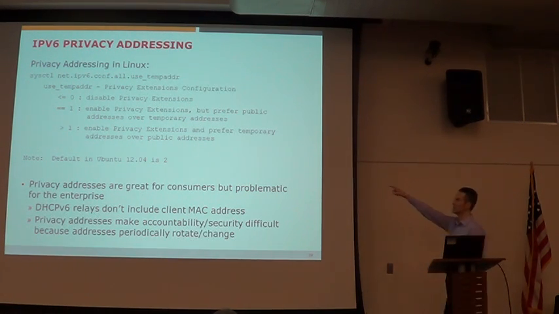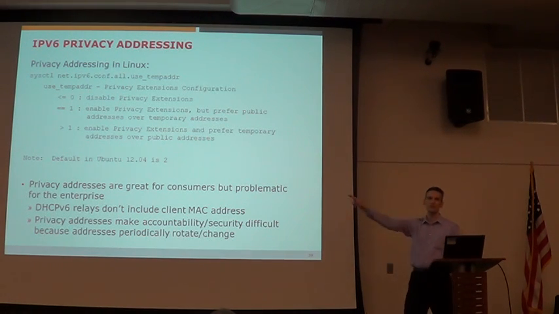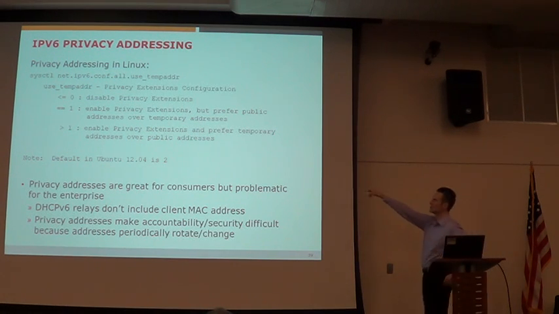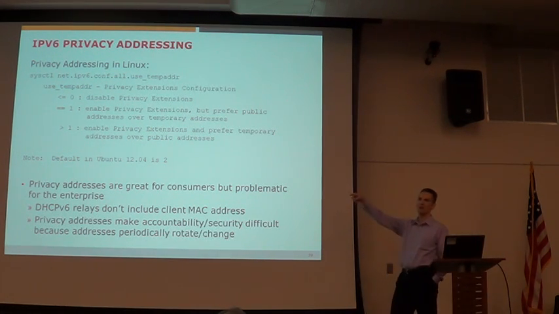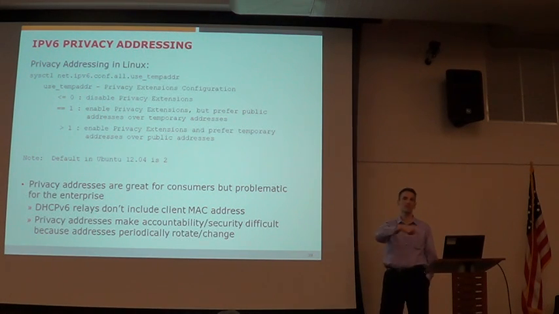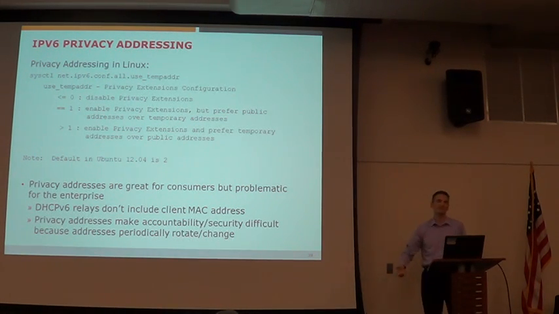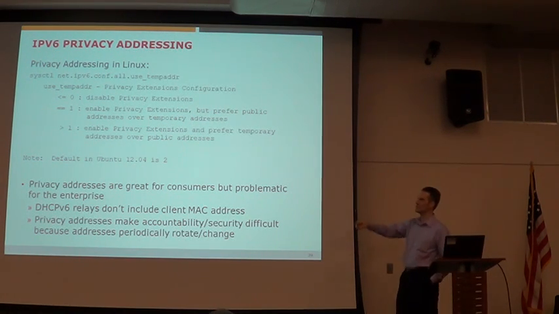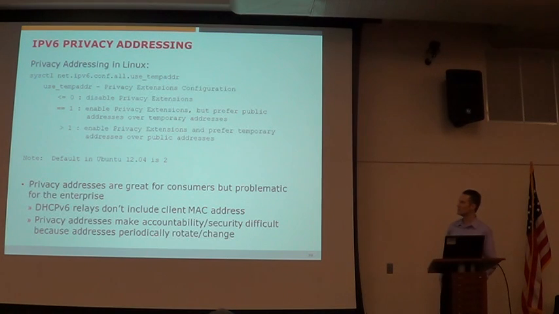In Ubuntu 12.04, the default is 2, which means that privacy is on by default, which means that I use a temporary address. The temporary address is a random number, and it changes every 24 hours. You can also change it to 1. One is I have a privacy address, but I actually use the other address for my outgoing connections, which doesn't really make any sense. Or you can turn it off. I think you'd either use 0 or 2. Actually, you can use 10 and -1 if you want, but I would stick with 0, 1, and 2. So some people do turn it off.